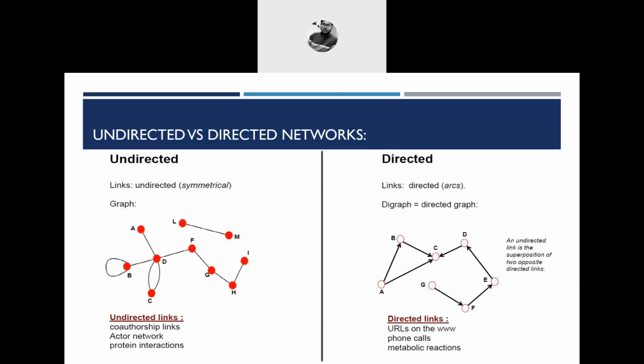Now undirected networks. Most networks are undirected. As you can see, protein interactions are undirected. Networks of roads are mostly undirected, though some are directed, because in a vast network of nodes, many nodes produce cycles. In one way you can come back through another way, so it's an undirected graph. Many social network relationships are also undirected in nature in general. So that is the main difference between undirected and directed networks.